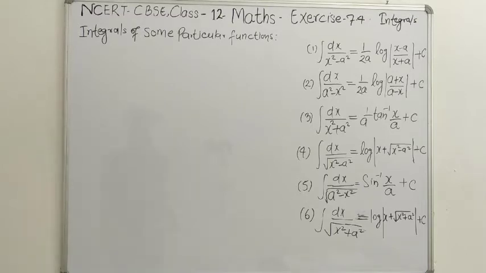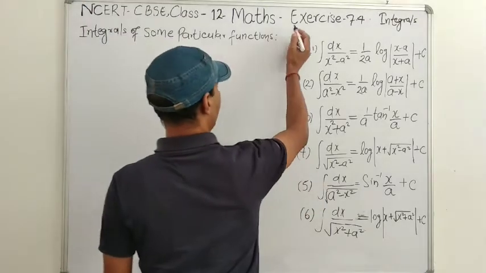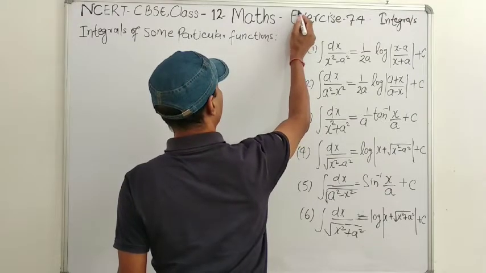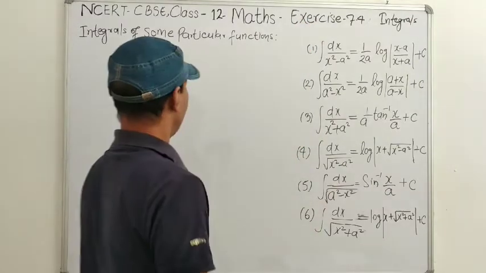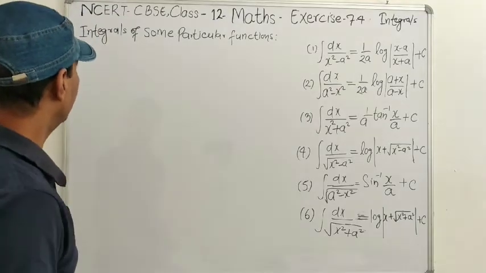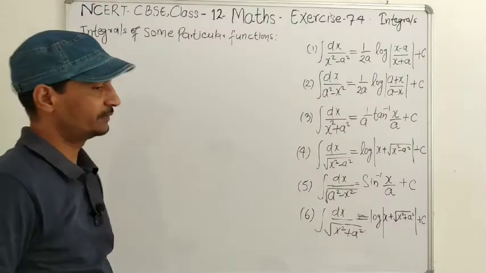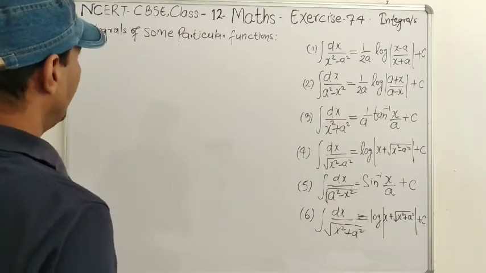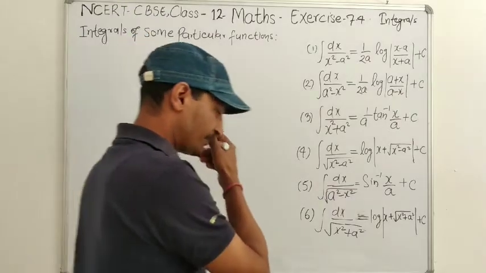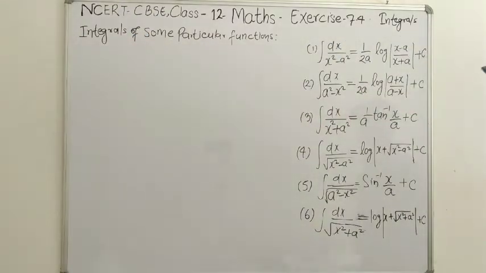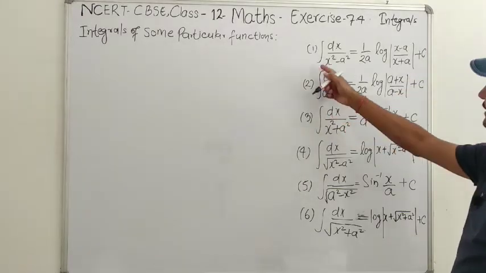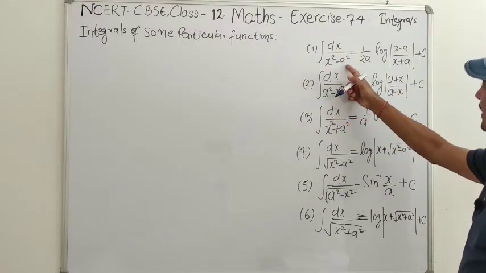Dear students, now we are going to do some questions from exercise 7.4, integrals, and today we will do some integrals of some particular functions. We have 6 formulas here for some particular functions. Number 1 is integration of dx by x square minus a square equal to 1 by